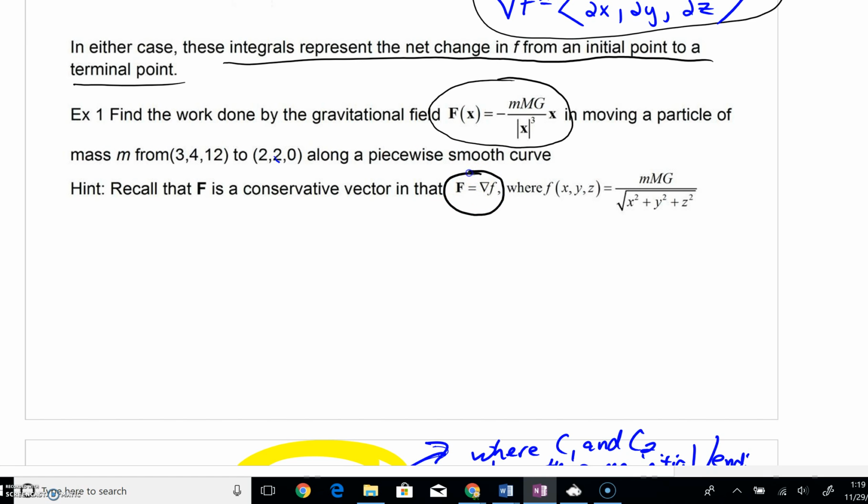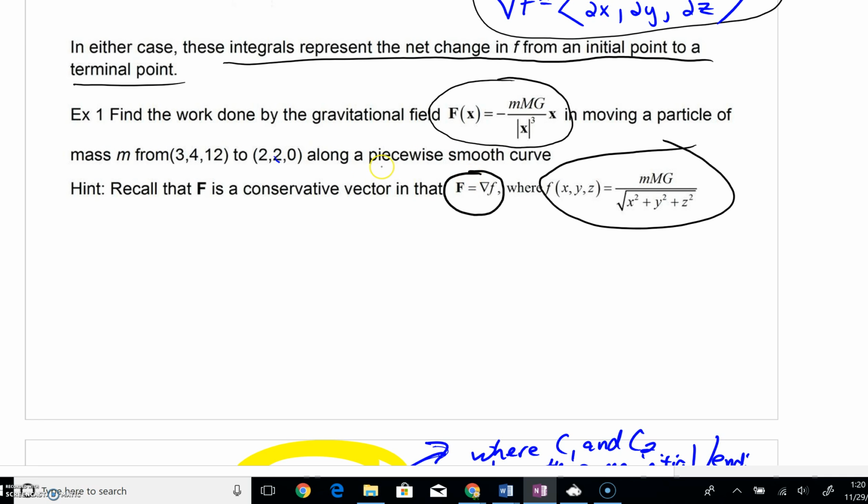Remember, we said that the force field, this vector field, was a conservative vector field, meaning that capital F was the gradient of f, and f, if you remember, the function that we were taking partial derivatives of, was MG all over the square root of x squared plus y squared plus z squared. So, of course, as we would work this thing out, you could say,